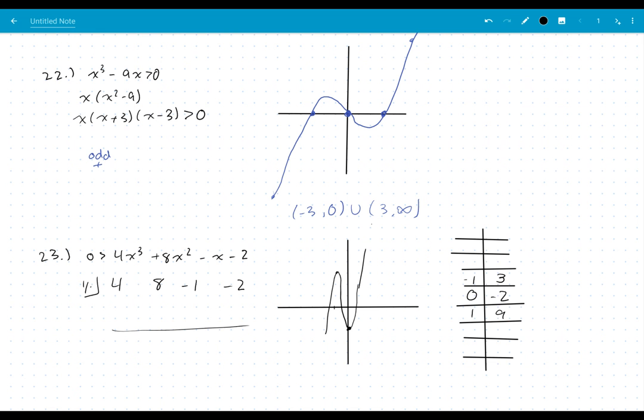We tried a half, right? 4, 2, 10, 5, 4, 2. Oh, that works. 0. All right, so one of our zeros is 1/2. And then